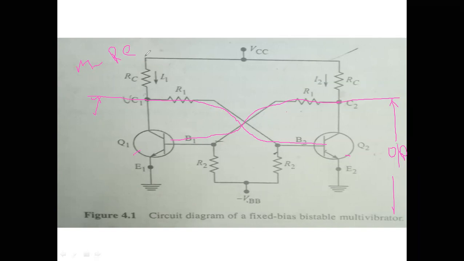The difference is that regenerative means a portion of the output signal is directly connected to the input. That means there won't be any phase difference. Negative feedback means it will be reversed, so there will be a phase difference. The output is connected to the input by reversing. That's why in control systems, when you are connecting the feedback, you may find the minus sign here. This may be your input and this may be your feedback loop.